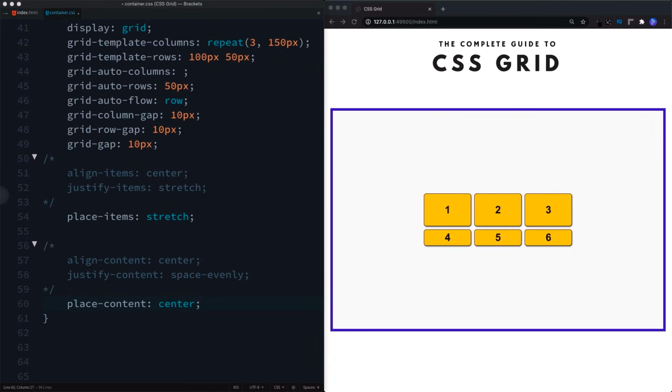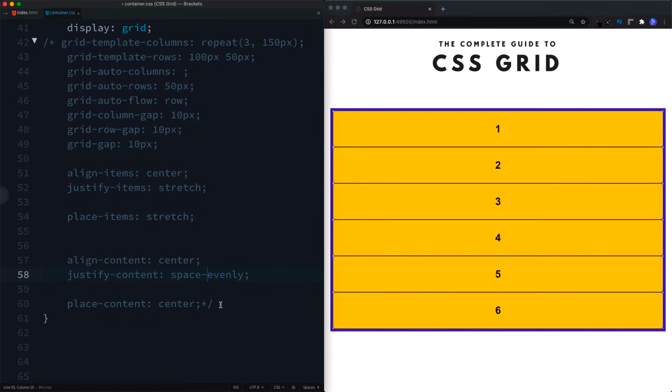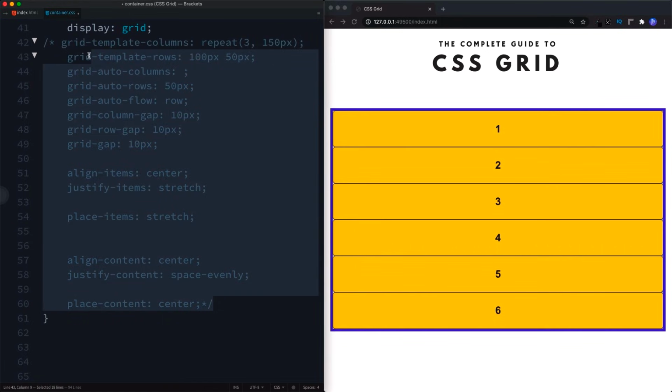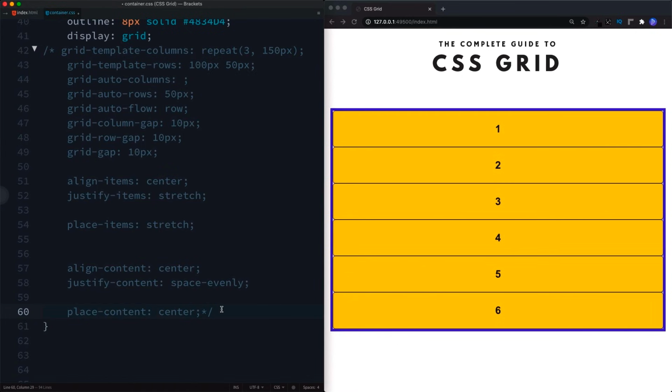The next property we're going to look at is grid template areas. This one's pretty cool. Grid template areas is basically a visual representation of our container, and it works hand in hand with the grid item property called grid area. So let's see how this works. For this example, I'm just going to go ahead and change our CSS and HTML. Okay, so we've just commented everything out except for display grid. Let's also change our HTML.